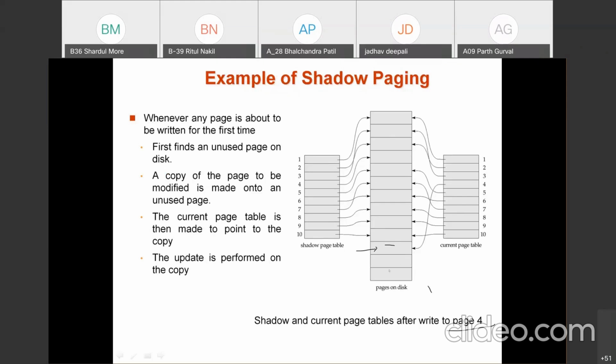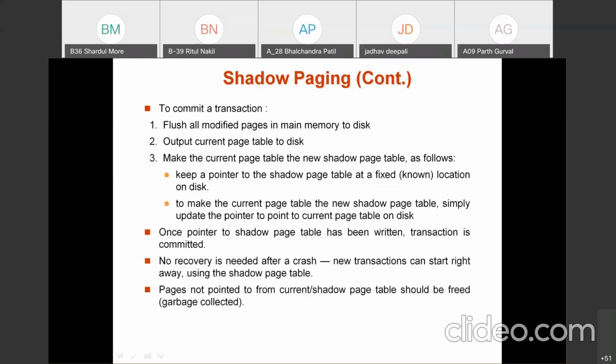Once it is completed, transfer this page from main memory to the disk, the current page table updates are made to the disk, and the current page table becomes the shadow page table. So whenever a page is updated, all the modified pages first need to be transferred from main memory to disk, and then the current page table becomes the shadow page table.